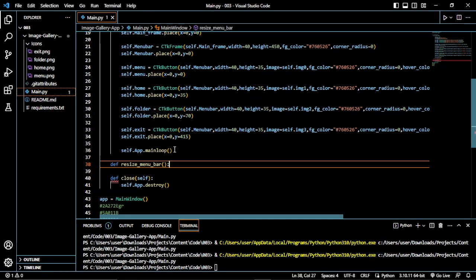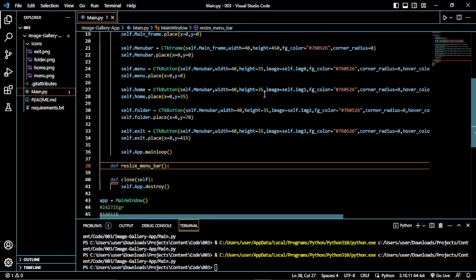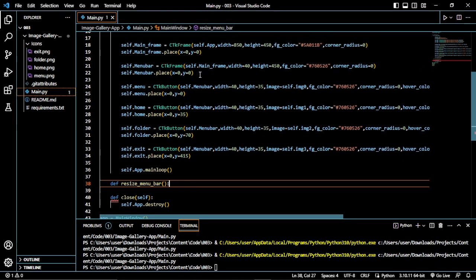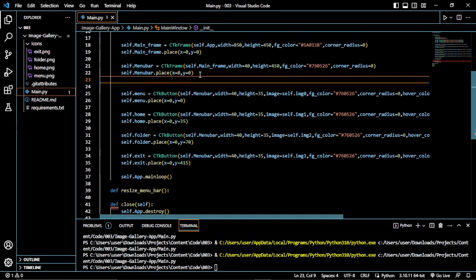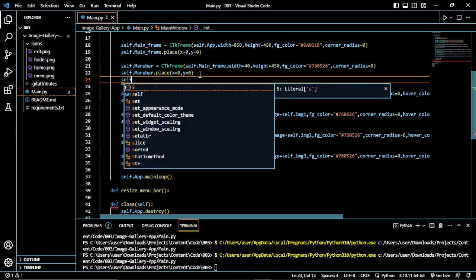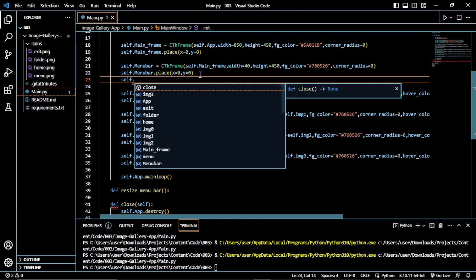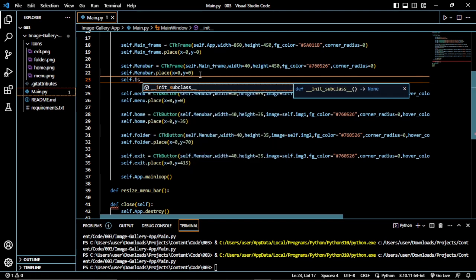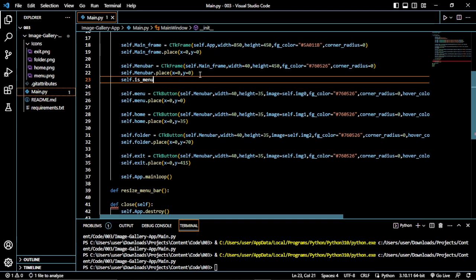For this to work, you first of all need to create a variable that holds the state of your button. So go back here. We'll be creating a variable that will be holding the state of our menu bar. What do I mean by the state? By the state, I mean whether your menu bar is maximized or minimized. So I'll create a variable self dot is menu